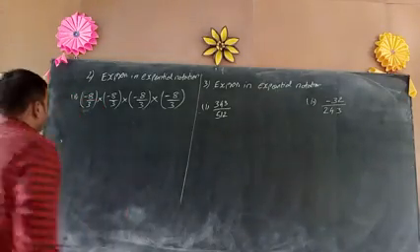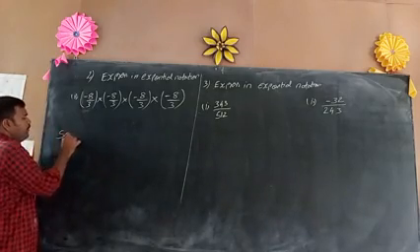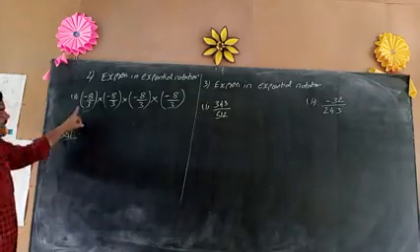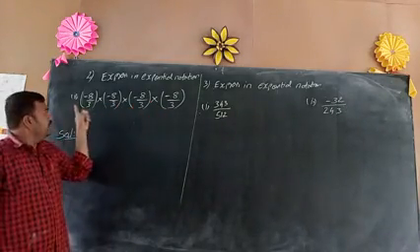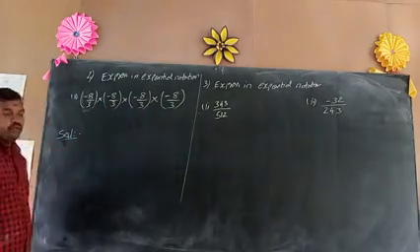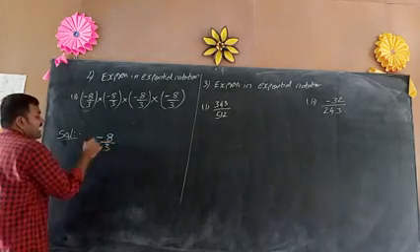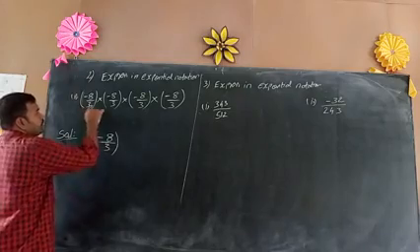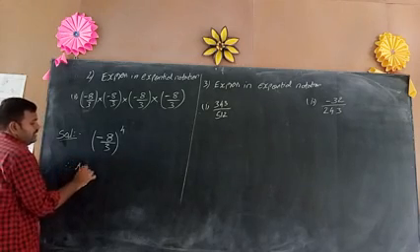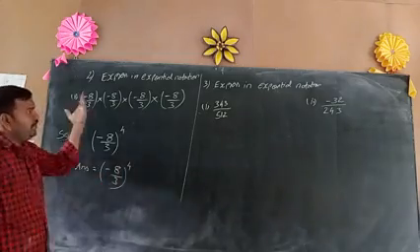Okay, here are the next two sums. First one is expressing in exponential notation. Exponential means power form. We have to write in the power form. Bases are same or not, we have to see. Minus 8 by 3, minus 8 by 3, minus 8 by 3, minus 8 by 3. All are same, so we can directly write that expression as minus 8 by 3 repeated how many times? 1, 2, 3, 4. So write it as 4. Therefore, answer is minus 8 by 3 whole to the power of 4. This is called power form.